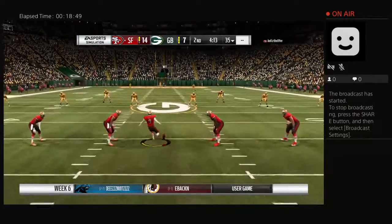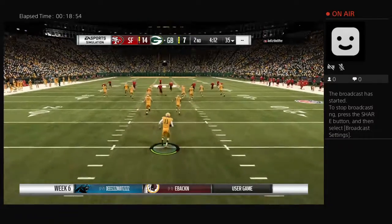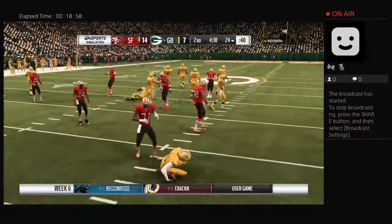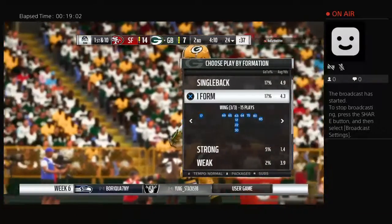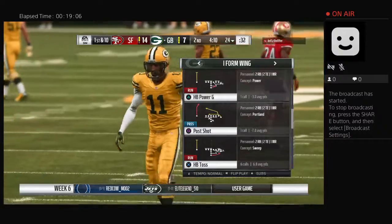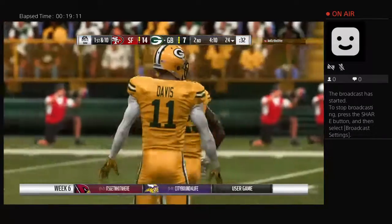Gold now out to kick it away. Trevor Davis now to return. And a pretty good return here. He'll be stopped just shy of the 25 at the 24-yard line. And Green Bay getting ready to go as they take the field. And for them, a touchdown their last go-around. Obviously, they'll be hoping to do that again. And when you start plotting for this drive,